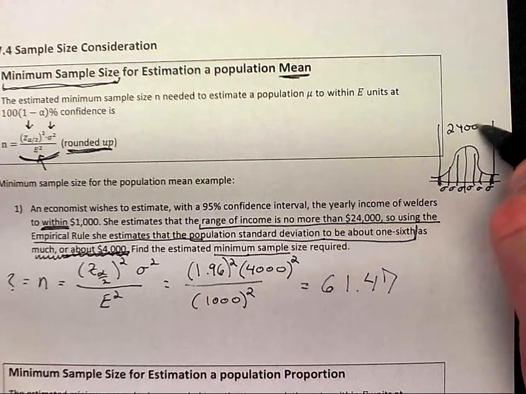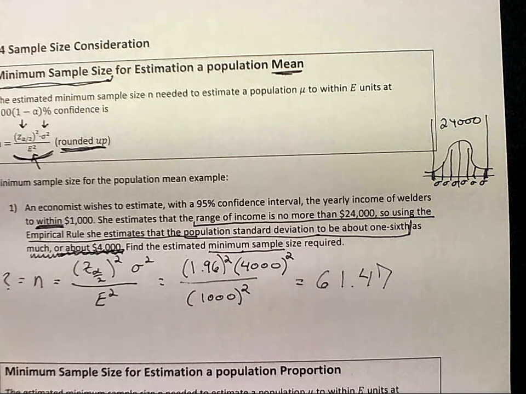So if we take our range of values, which is 24,000, so we're saying that, hey, here we're going to have 24,000. Then one of the things that we can do to figure out the approximate size of a standard deviation is to take 24,000 and divide it by 6. That's going to give us an approximate value. Now, is it going to be exactly 4,000? Why not? Because it's like about, and like once, I know the answer, it's just not going to come out now. Okay. So here, we're saying that our total number that we're going to have between these two cutoffs is